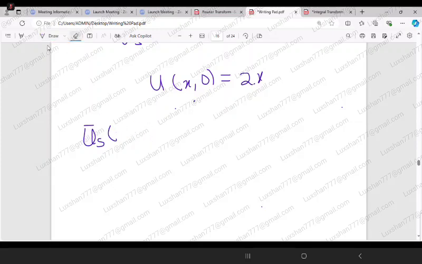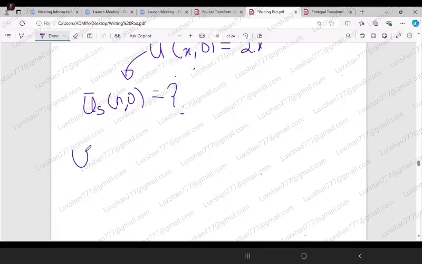Using this one, we want to find this one. So what is u bar s n comma 0? It is equal to